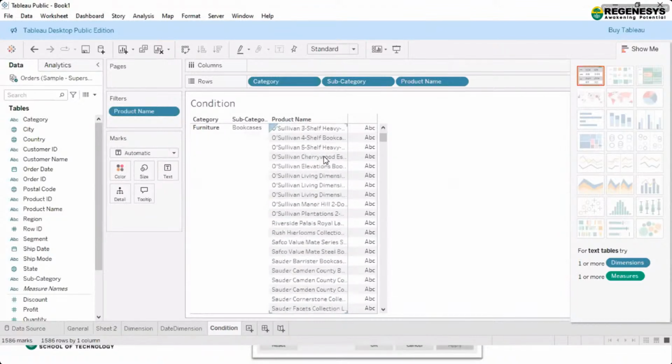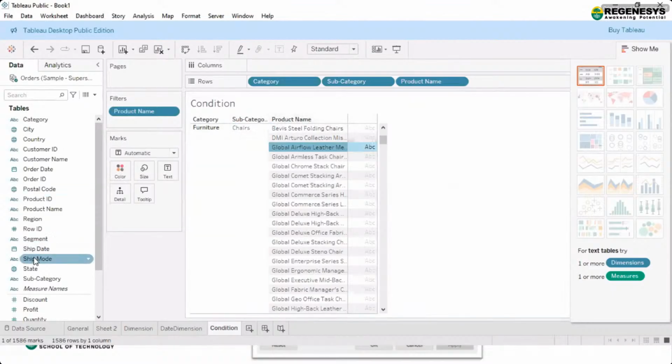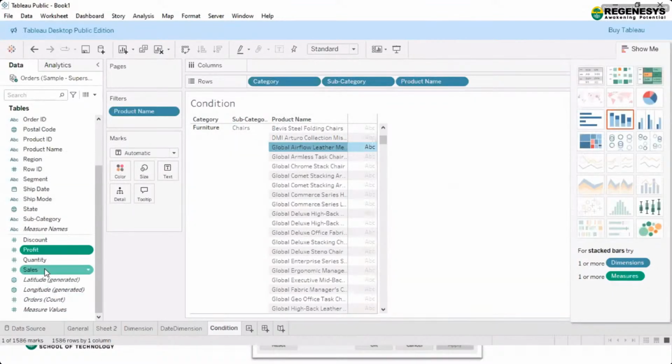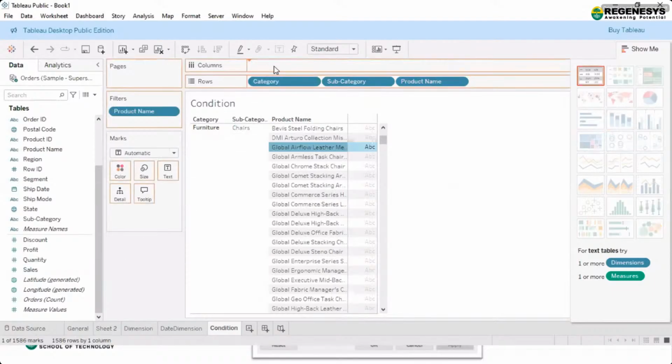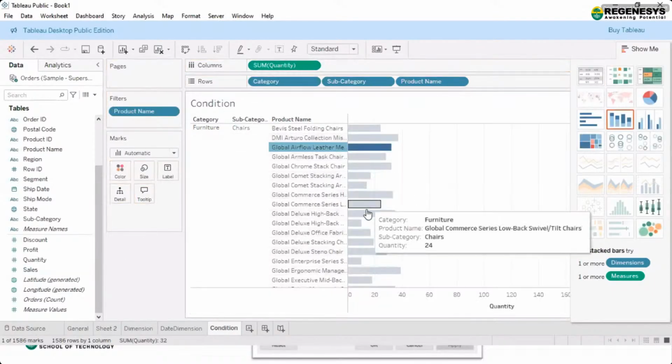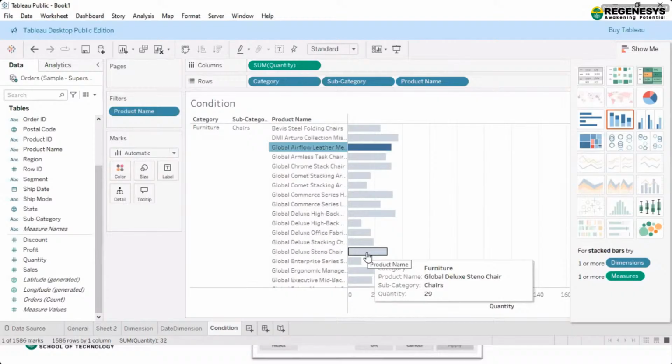You can see the product names are available. And if I use it with profit or quantity, you can see the quantity details. Here with the tooltip, you are able to understand the product name with the subcategory and the quantity also.